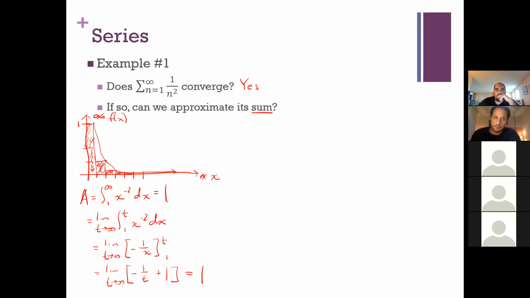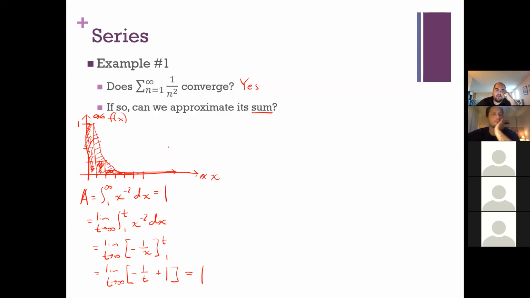Yeah. So be careful with that, because look, see these rectangles that I drew in here? The rectangles here are actually what the sum of the series is. But when I did this integral, what did I actually find? The area under the curve, which includes all this stuff too.